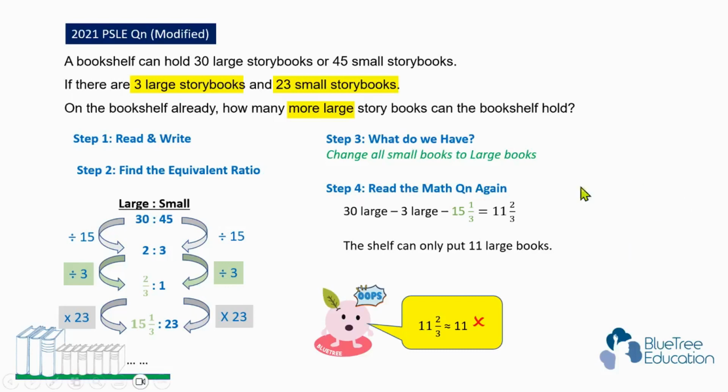Alright, so for the presentation, there's no need to round off anything else. Just write a word statement and say 11 large books, and you'll get a mark. But if you put rounding down to 11, minus 1 mark. So this is a little bit